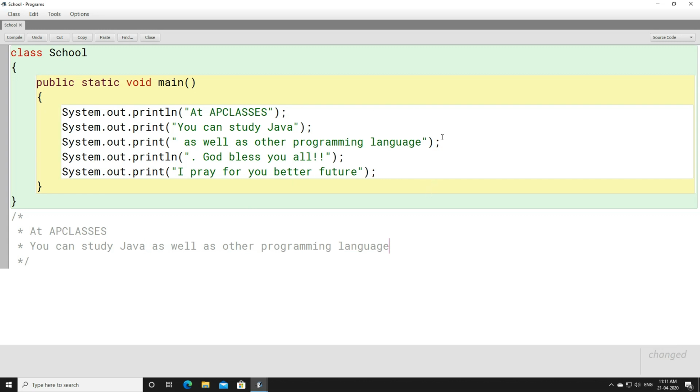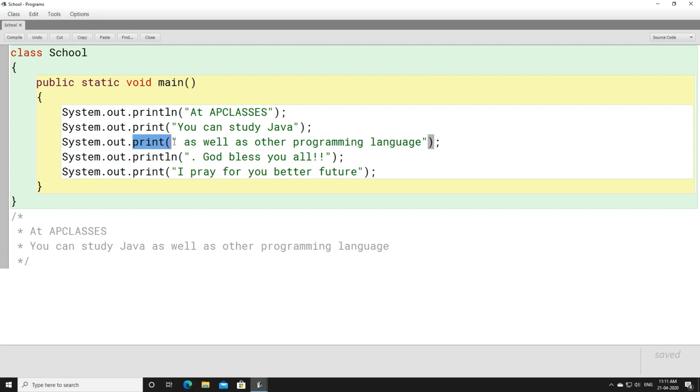And then again you decide and tell me whether you have to move to the next line or remain in the same line. The control will stay in the same line. Just decide and tell me. Here you can see that again print is present, no ln is written here. Now you will tell me, sir, here ln is written, but this ln is for which line? Here we are printing this line, so we have to decide whether the control will go to the next line or not.